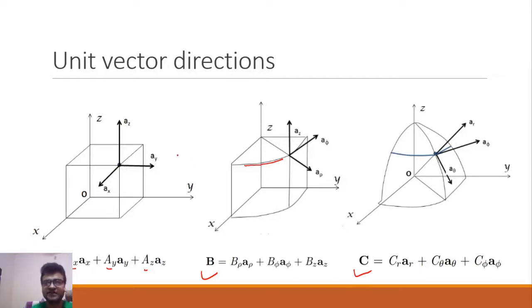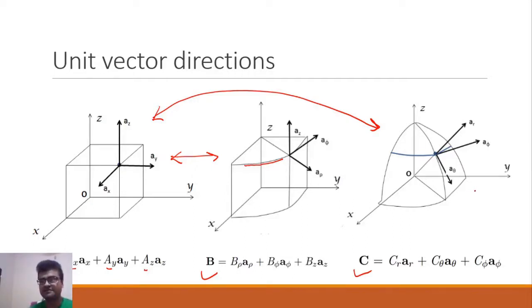Now in this video our task is to convert from one coordinate system to another. Means a vector, let's say A, which is given in one coordinate system, what will happen if we pick up this vector and put it in another coordinate system? So everything would be changed. Why? Because the way to specify the direction and the length in one coordinate system is totally different from the way it is described in another. In the rectangular coordinate system everything is linear. In the cylindrical coordinate system only two dimensions are linear and one is angular, and in the spherical coordinate system there are two angular dimensions and only one linear dimension.